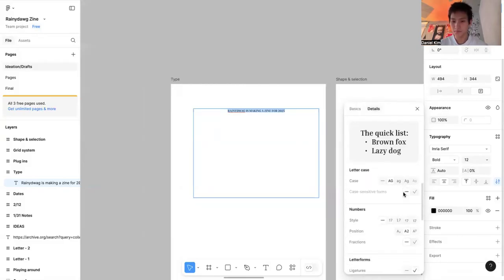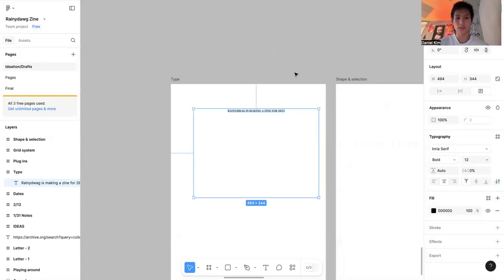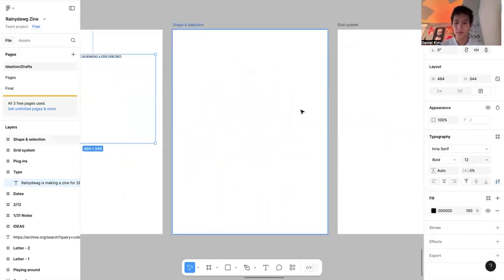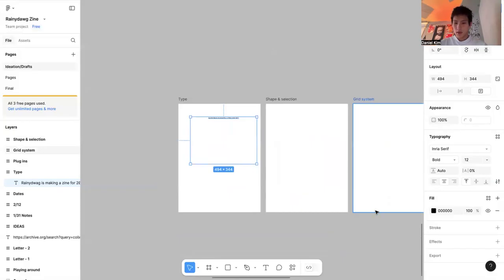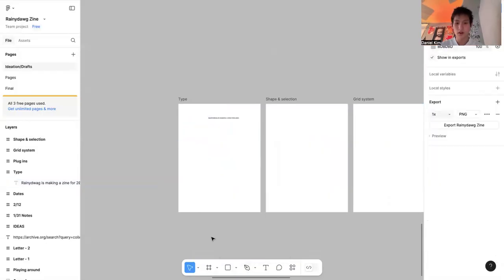And there's all these other things that you could probably play around with, but that's for basic type. And then the shape function is also really fun because it's the third button right here, down here. If you press on that little caret on the down, it'll give you